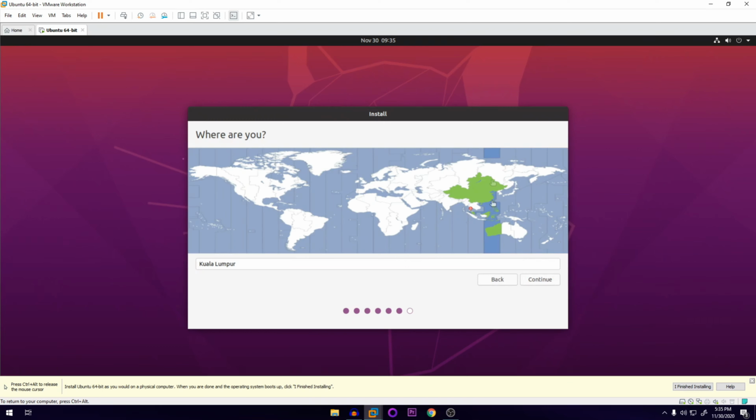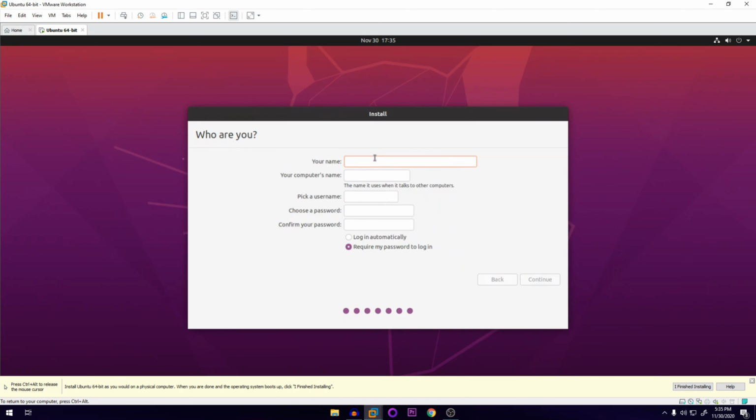Okay, so here it's selected my correct region. I'm going to click on continue, and for the name you can just customize it to any name you want. I'm going to leave it at TechnoRight. The I must be small. Okay, and we're going to choose a password. You can put any random password you want. I'm just going to put some random password,